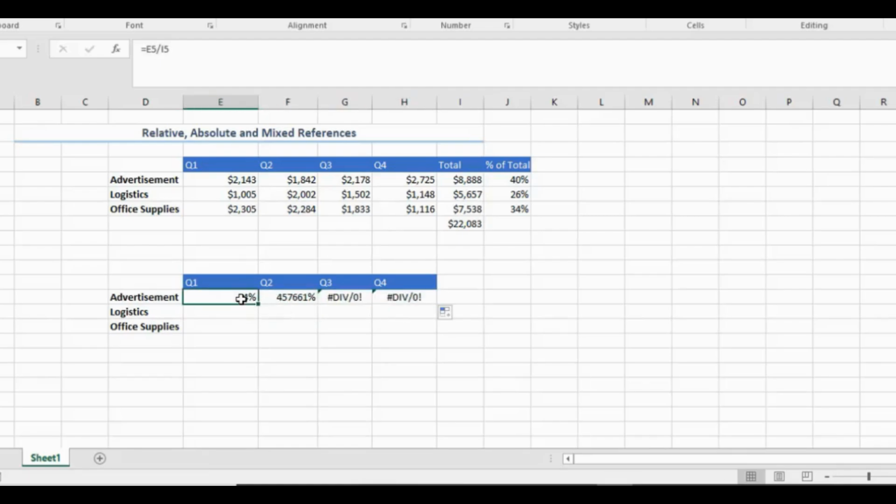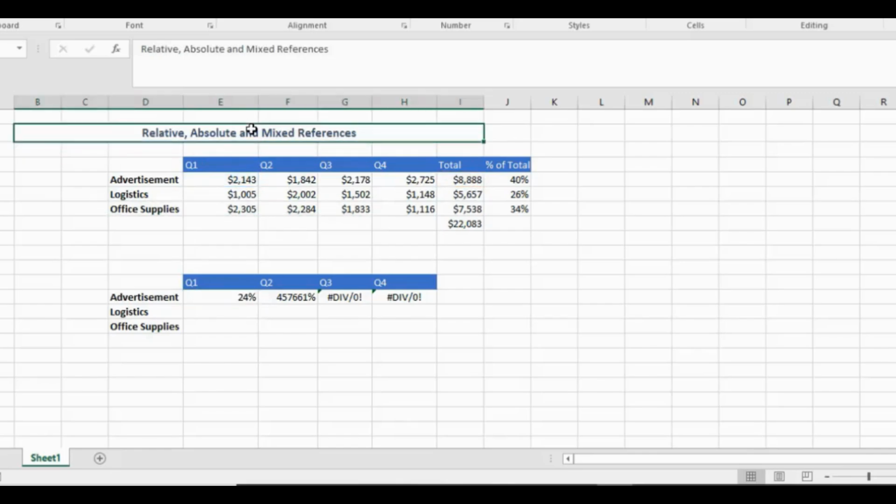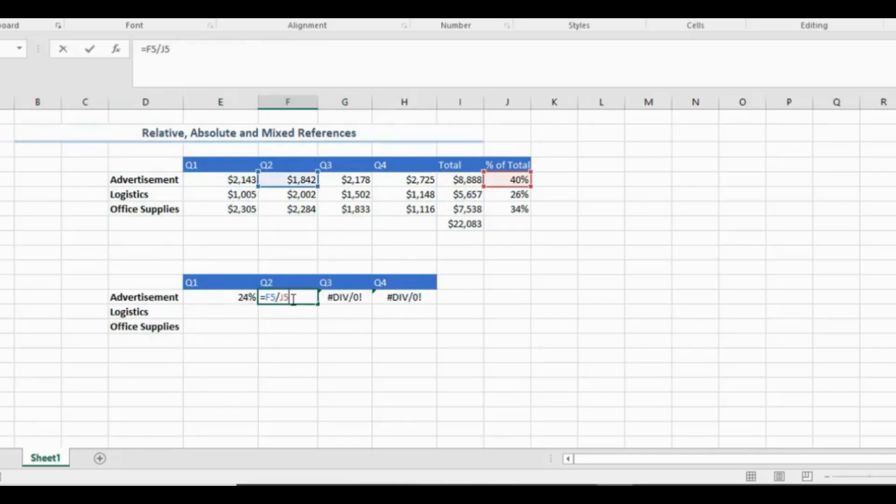Okay, I have problems. I have 24%, but this is totally off, 457,000%, and here we even have errors. So let's look at it and see what went wrong. Let's look at the first one first. We see that it divided this by this, which is what we wanted. That was fine. But then when we come to the next one, you see that it divided this, and